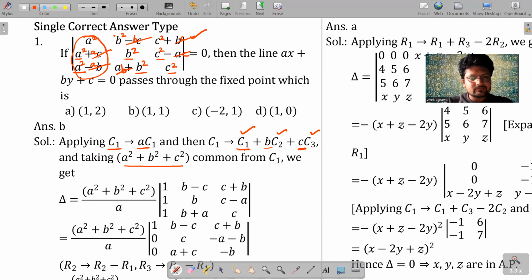Right? Any doubts? No, sir. Yes. Similar to this,